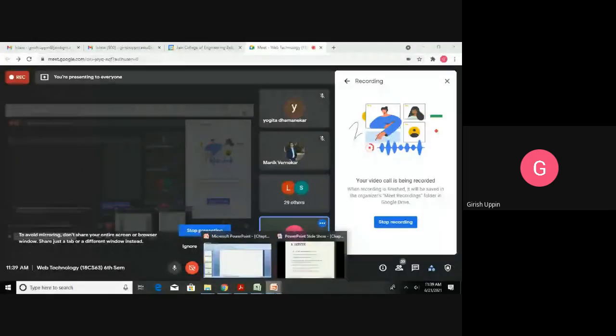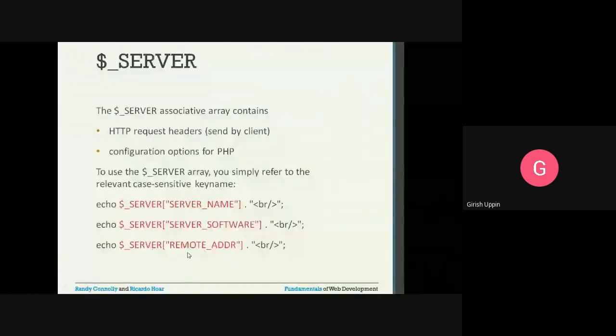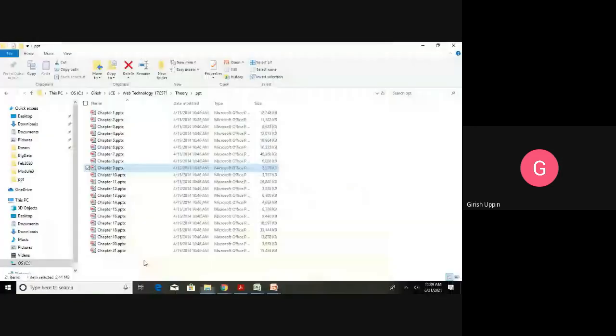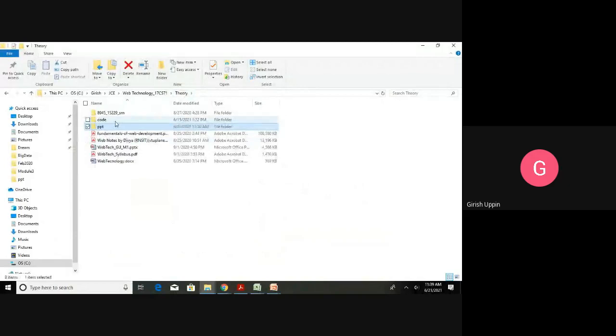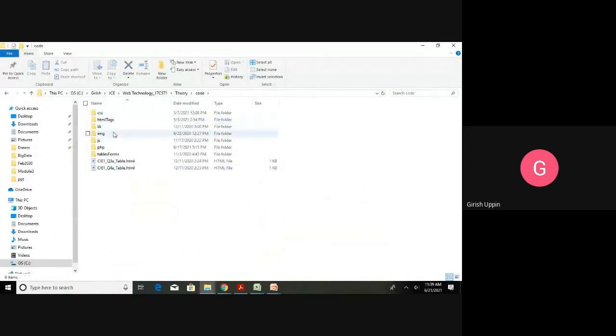So there is different information that we can access using $_SERVER, and let me show you the code. login.php.